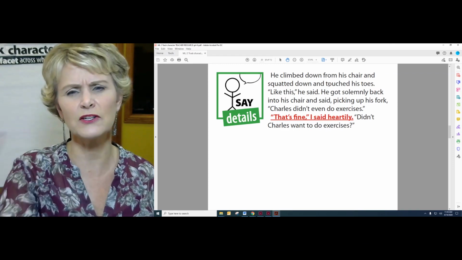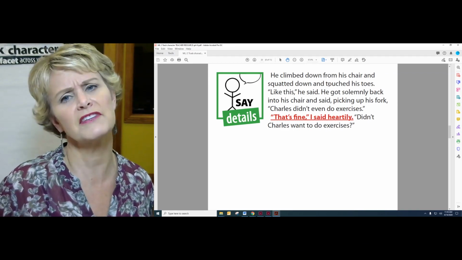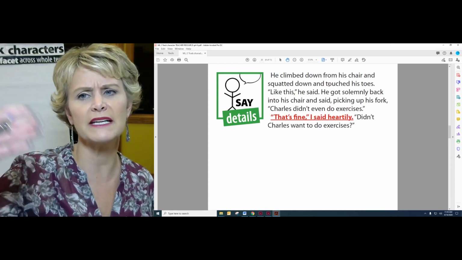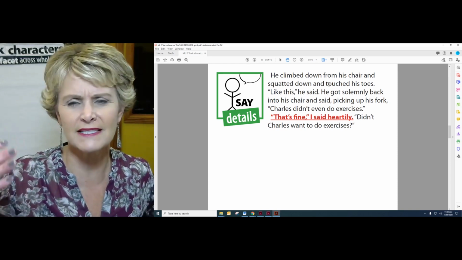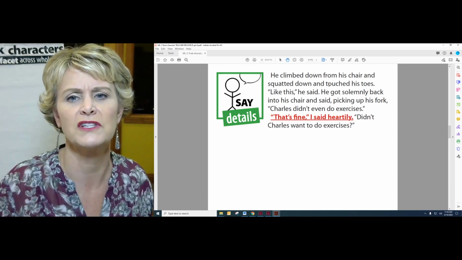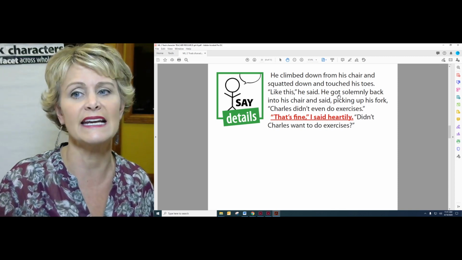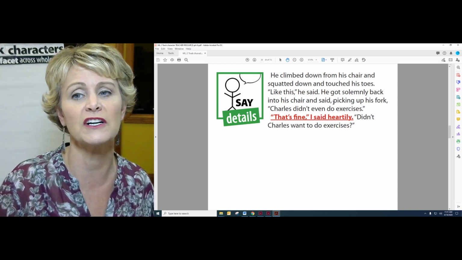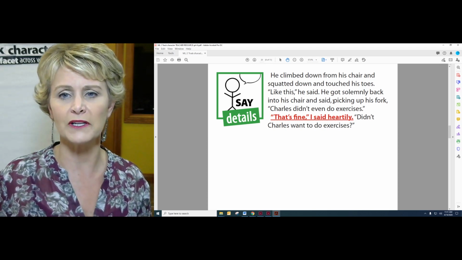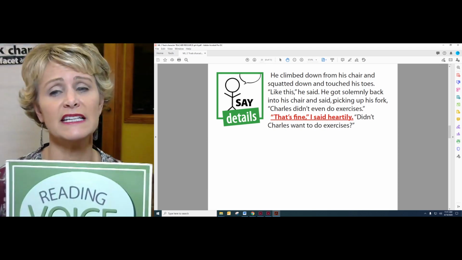Okay, help me with this next one. Well, this is a little bit later, the third chunk of the story. He comes home from school, he climbs down from his chair. They had the exercise teacher there, and they learned how to touch their toes. And so he got down, squatted down, touched his toes, and said, like this. And he got solemnly back into his chair and picked up his fork and then said, Charles didn't even do